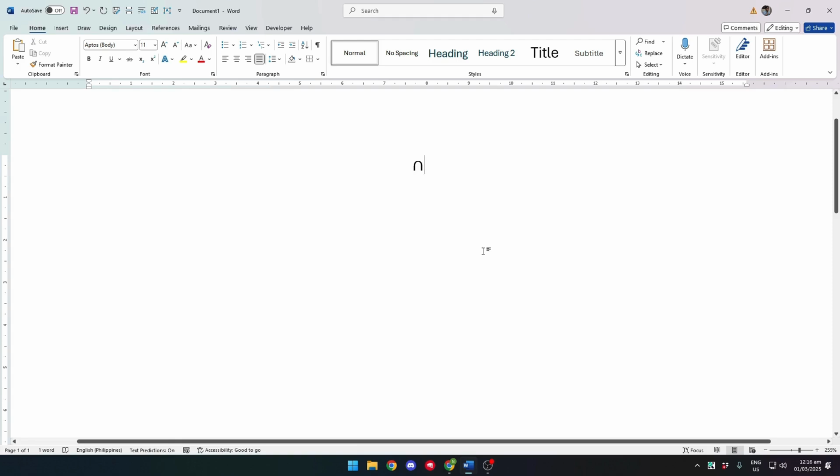Now, another way that you can do this is to have your settings enabled to type in manually your mathematical symbols. Now, to do this, simply type in backslash and cap. Now click enter, and that should automatically transform